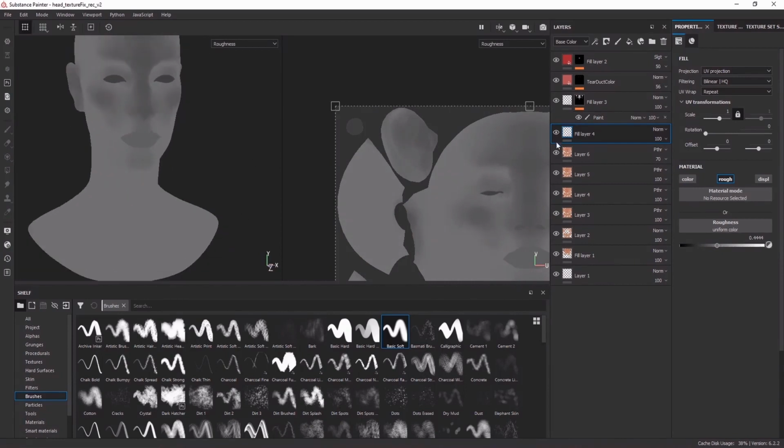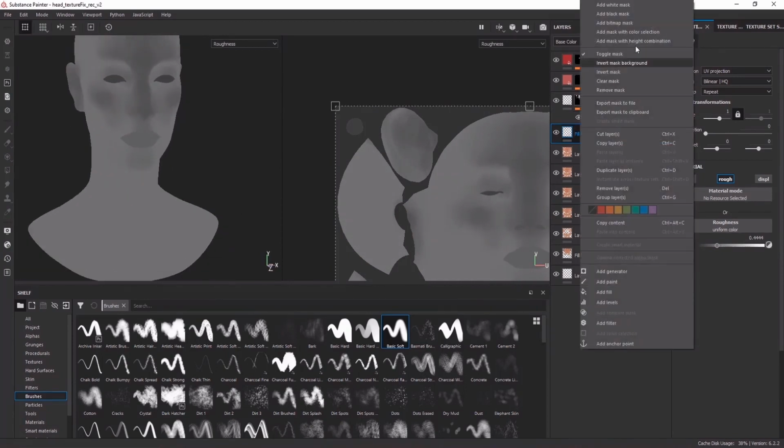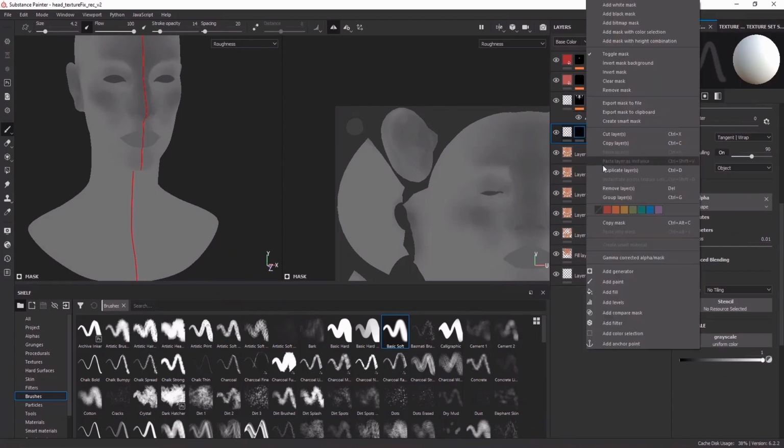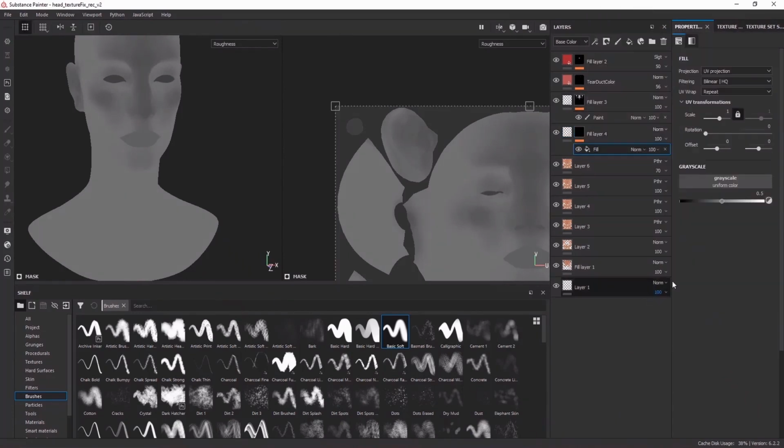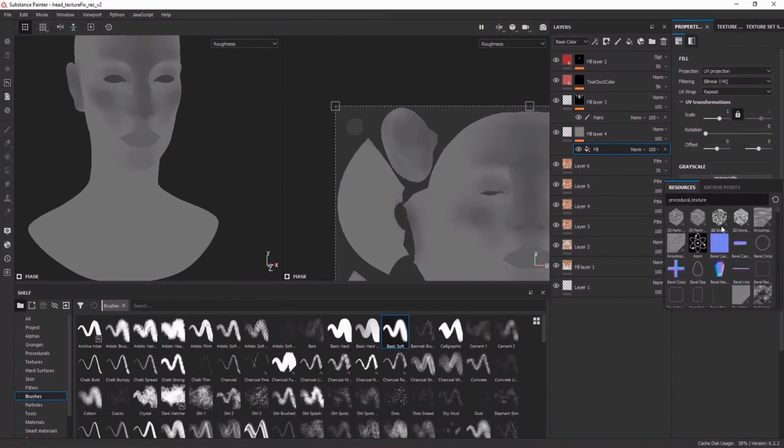Okay, something like this. And I'm going to add a black mask and then add a fill layer underneath of the mask, and then plug in some procedural noise,